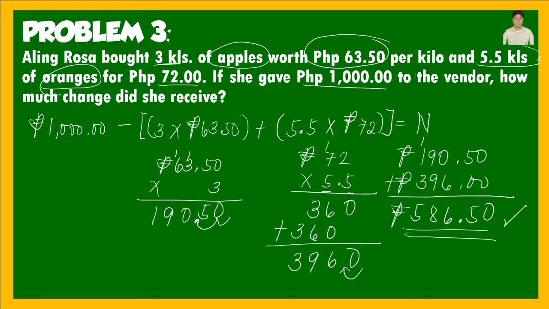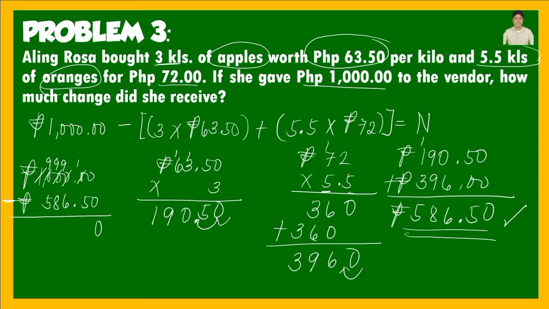And then magkano ang kanyang sukli, yun po ang ating isasubtract. So dito natin gawin. So I hope naiintindihan niyo yung solusyon natin kahit na medyo magulo. 586 pesos and 50 centavos. So i-minus po natin yan. 0 minus 0, 0. And then 0 minus 5 cannot be. So manghihiram tayo niyan. So dito, dito, dito, dito, dito. So lahat yan